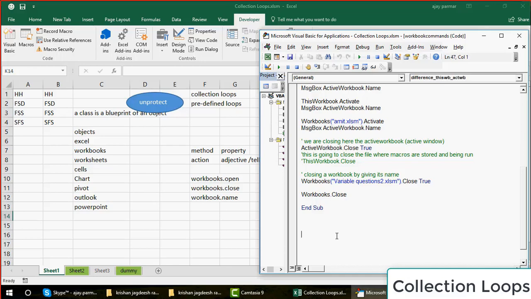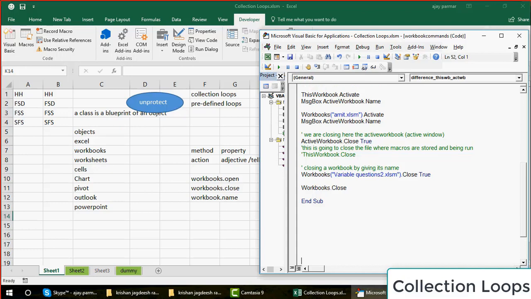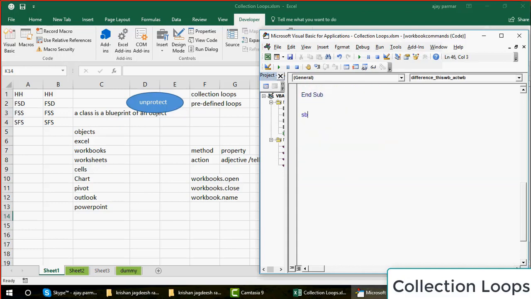But I want to tell you how a good programmer writes things. It is very awkward to keep writing the names of the files and then closing them and activating them. You can create your own object variables and say that I refers to the question file, J refers to Amit, and C refers to my collection loop file. That will make your code so simple, because next time when you want to activate any workbook, you will not write this entire command. You only write C.activate, B.activate. That is what we are going to do. So see this now. This is very important: how to define the objects.